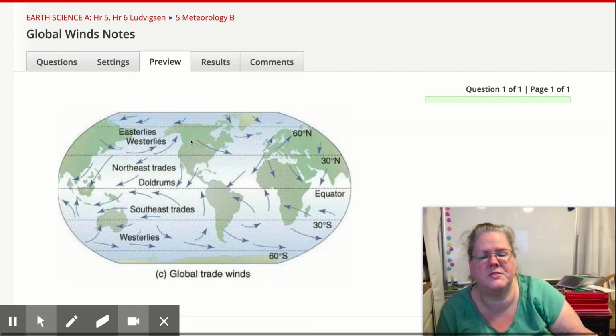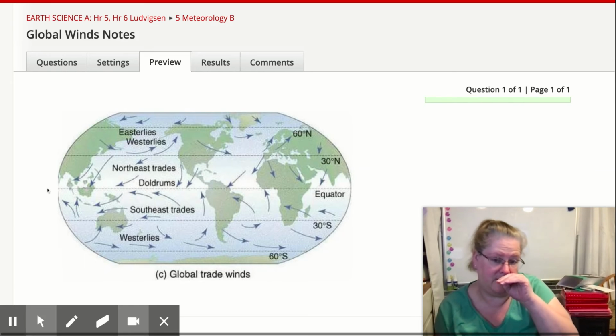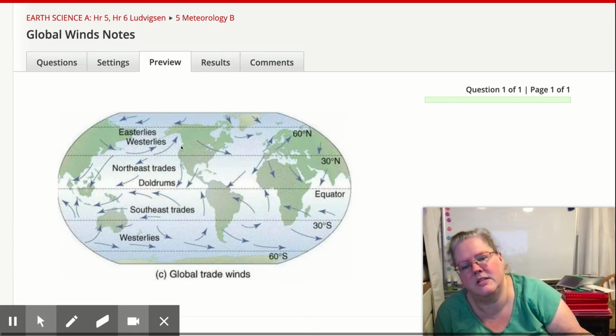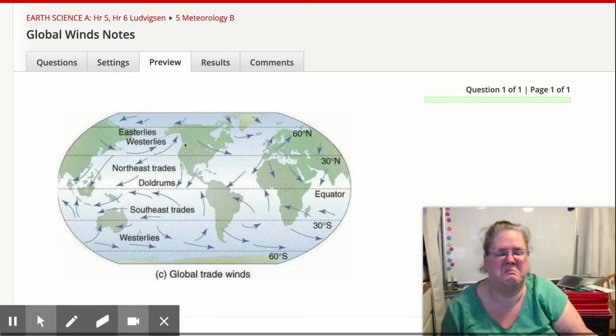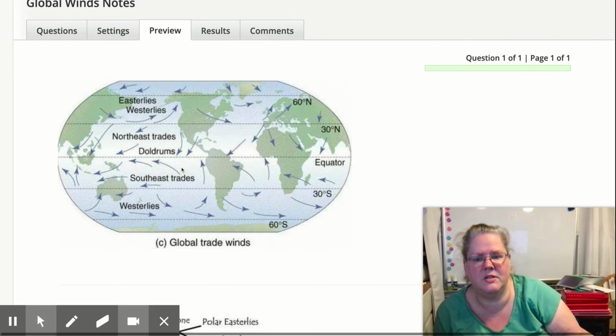Polar easterlies, prevailing westerlies. And down here where it's rising, air rising is really bad for sailing, if you know anything about sailing. And air sinking is also really bad for sailing, which we'll get to in a minute. But this air flows out and gets deflected again to the right, and so basically where we live is westerly, but where my cousins live in Florida, most of their weather actually comes from across Africa and the Atlantic and hits them. Everything we get comes from the Pacific and hits like Washington State, and then a couple days later hits us in Minnesota. So this is called the northeast trade winds, and it's reflected: southeast trade winds, prevailing westerlies,